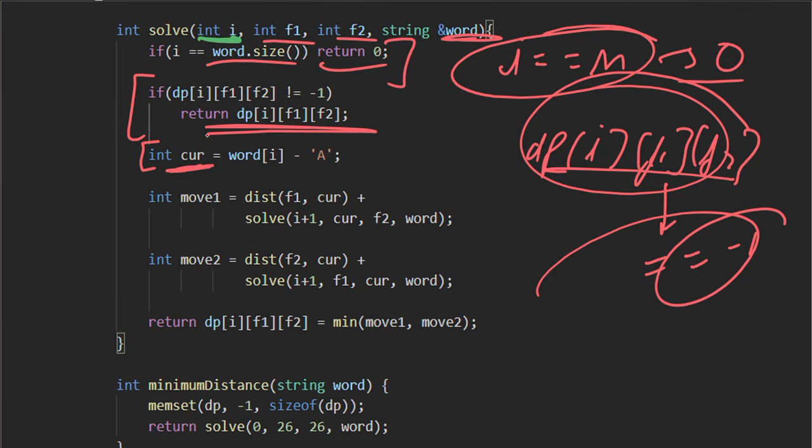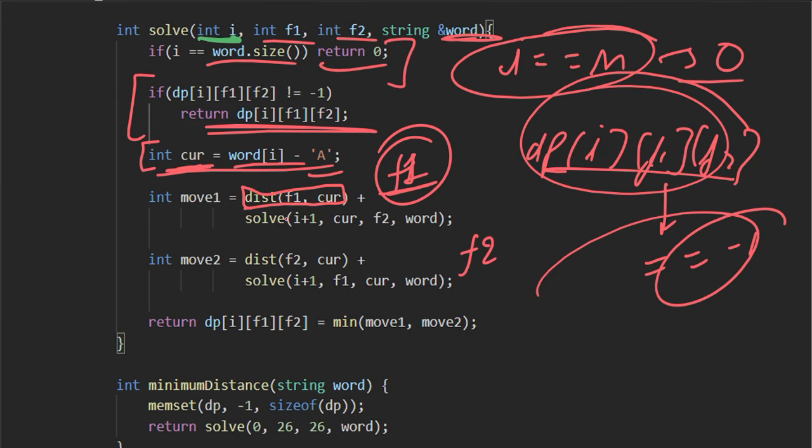So we find the current character. Current is word of I minus a. We find the current position. Then either we can use finger 1, f1, or finger 2, f2. If we are using f1, then we have to find the distance to move from f1 to current. If we are using f2, then we take the distance to move from f2 to the current position. If we have used finger 1, then the next character will be I plus 1.